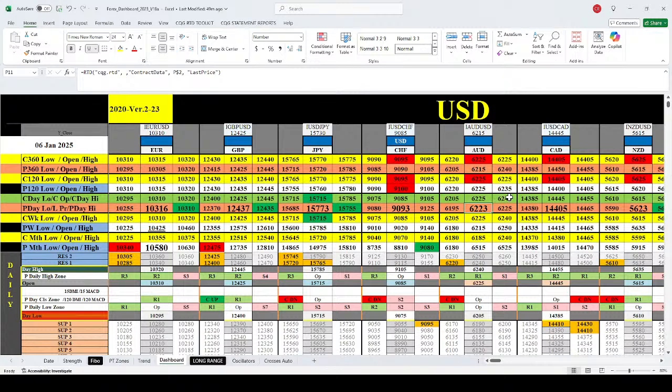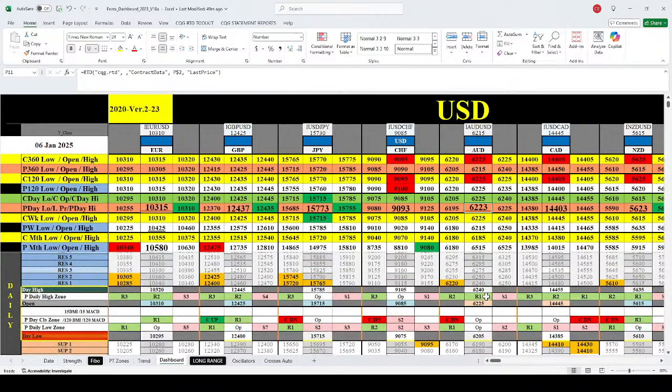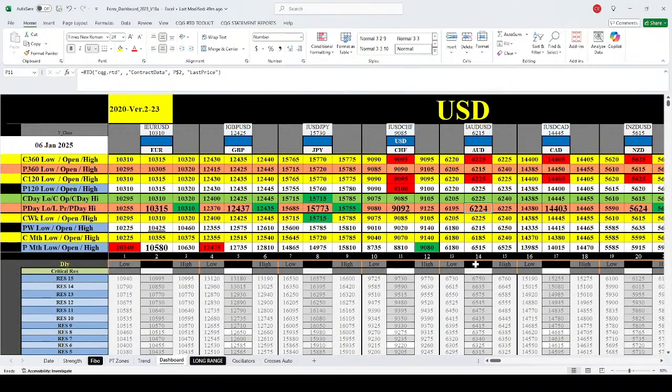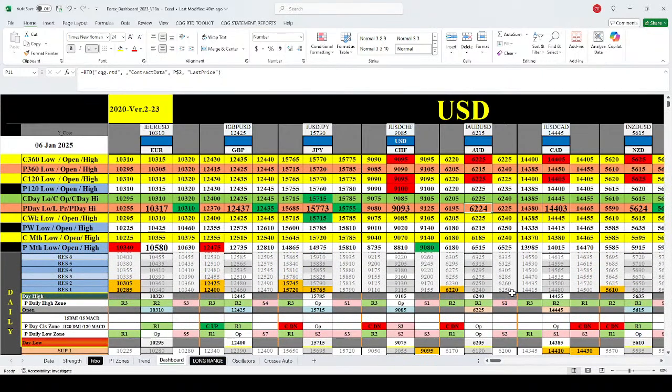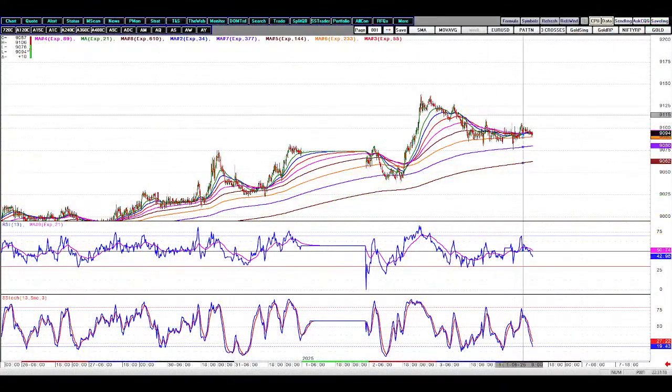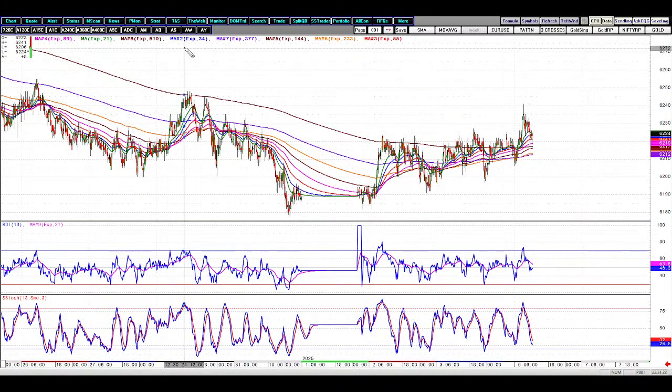And current day high is 40, which means it broke the previous day high. And this is also the current week high. So if your 62.50 breaks, then we should see the price moving towards 62.60, 63.10 or 63.20. This is what the system is saying.